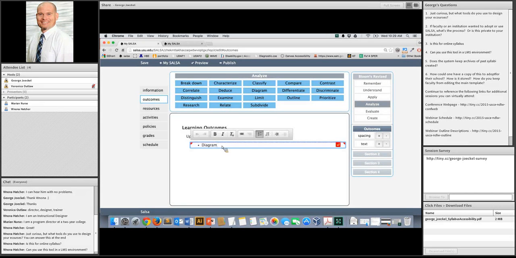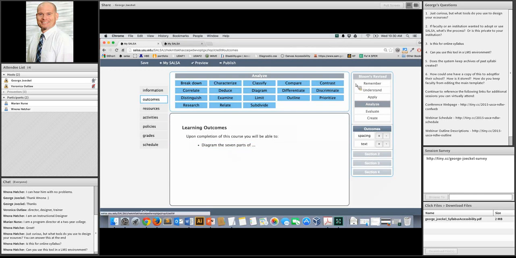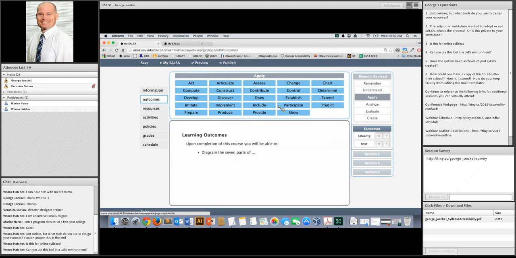We have a tool that's based upon Bloom's Revised Taxonomy, where you can click on a different level of Bloom's, and if you wanted to start building an outcome with, let's say, diagram, by clicking on that, it drops that word into this text editor down here, and I can just say diagram 7 parts of blah, blah, blah. So it offers people these action verbs that we often give people on a piece of paper, but this way it encourages them to just be able to drop them right in.